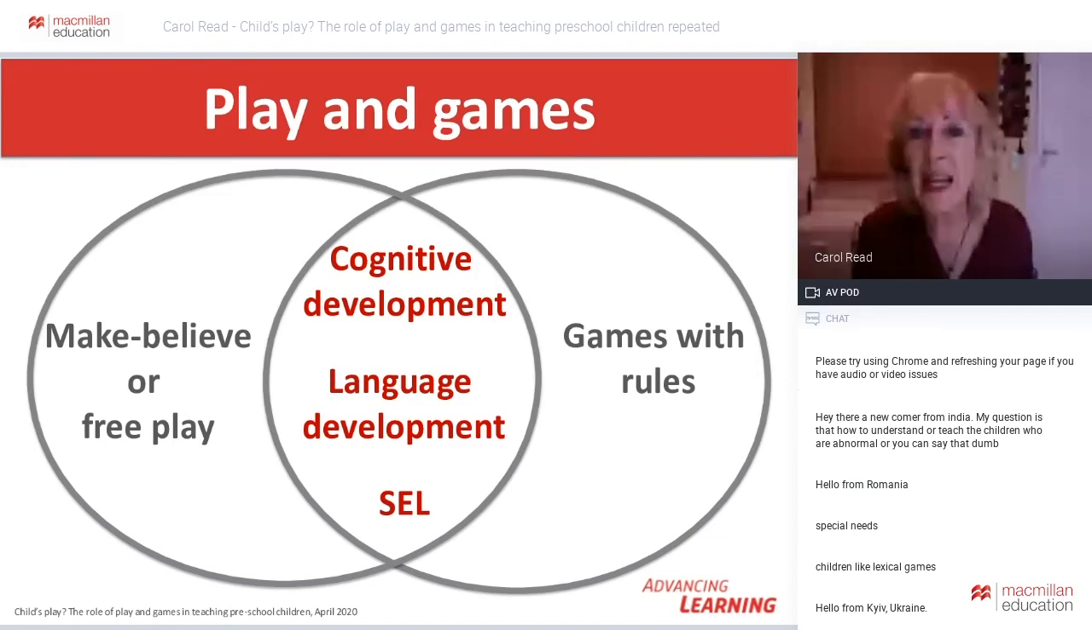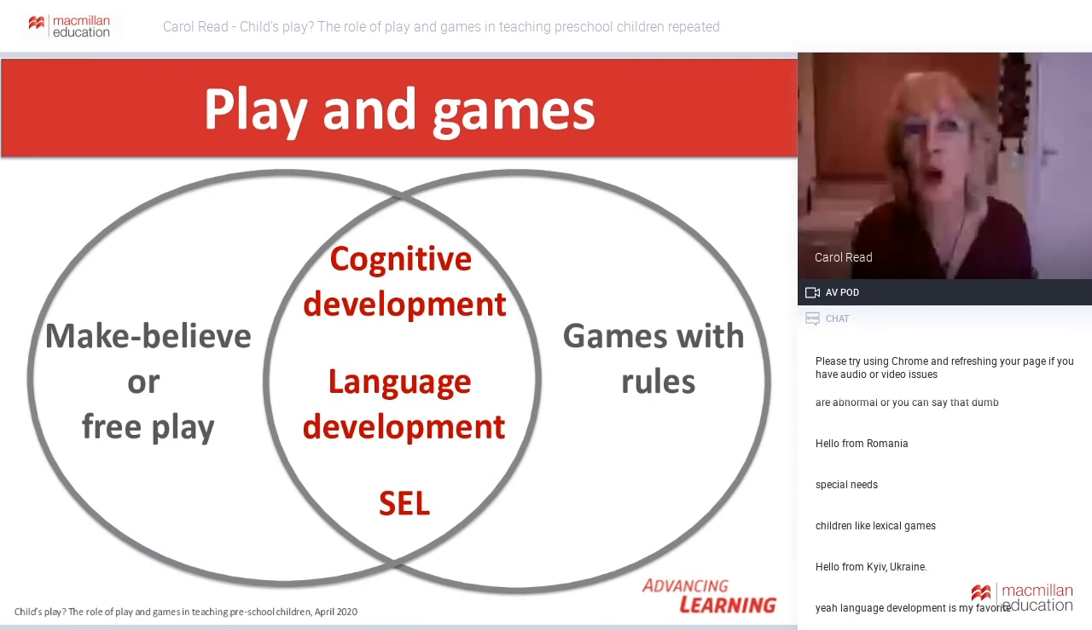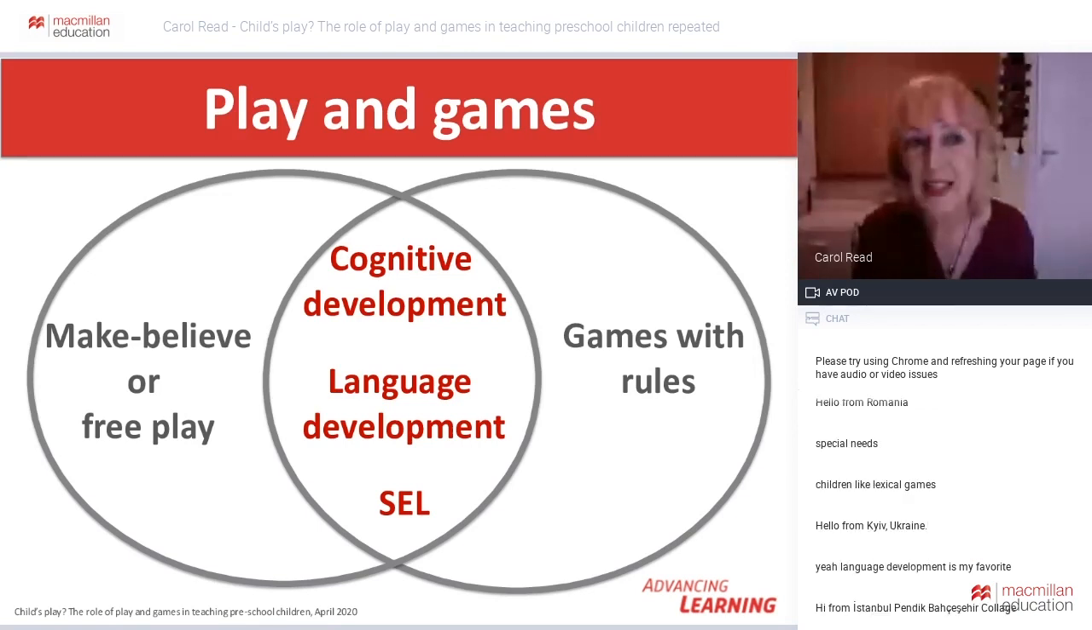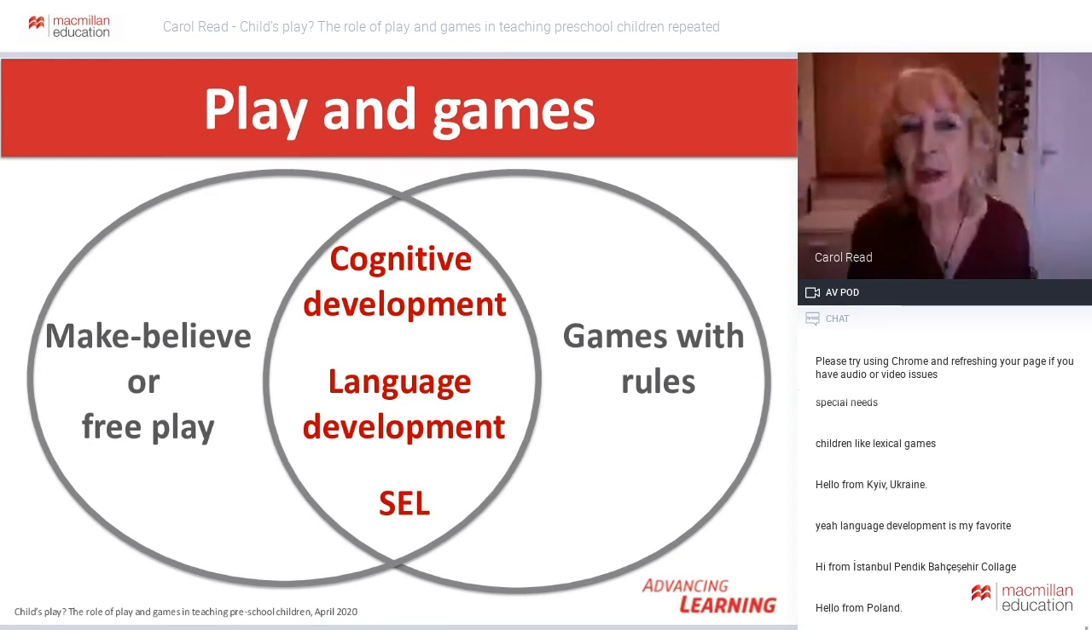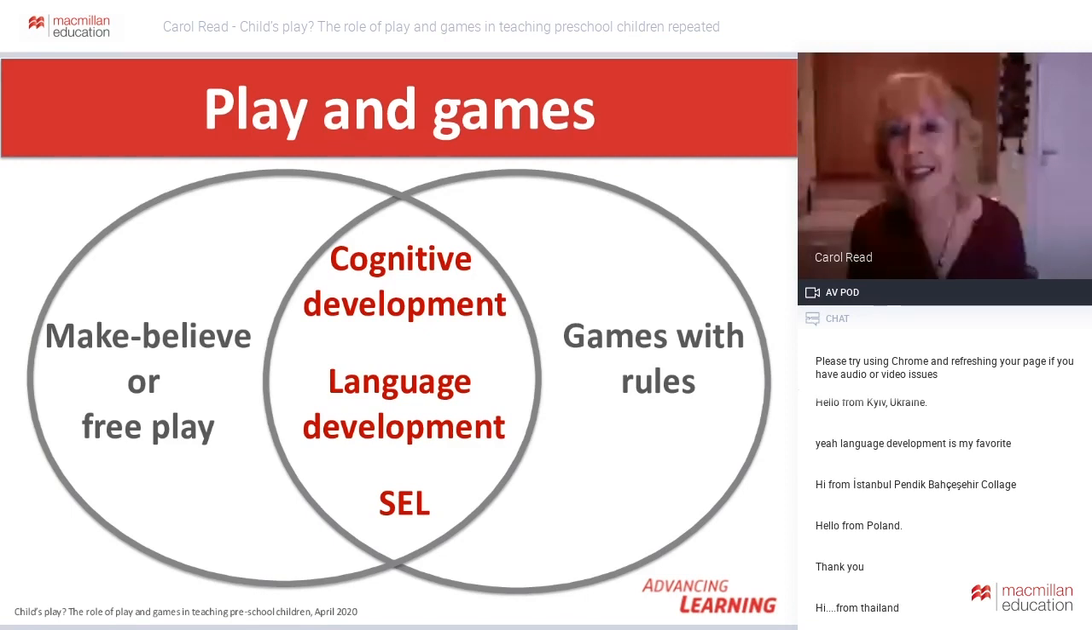And this contrasts with games with rules that tend to focus on the specific learning of vocabulary and language structures and offer opportunities for repeated practice. And our third area, social and emotional learning, free play offers opportunities for children's social development, for listening, for turn-taking,